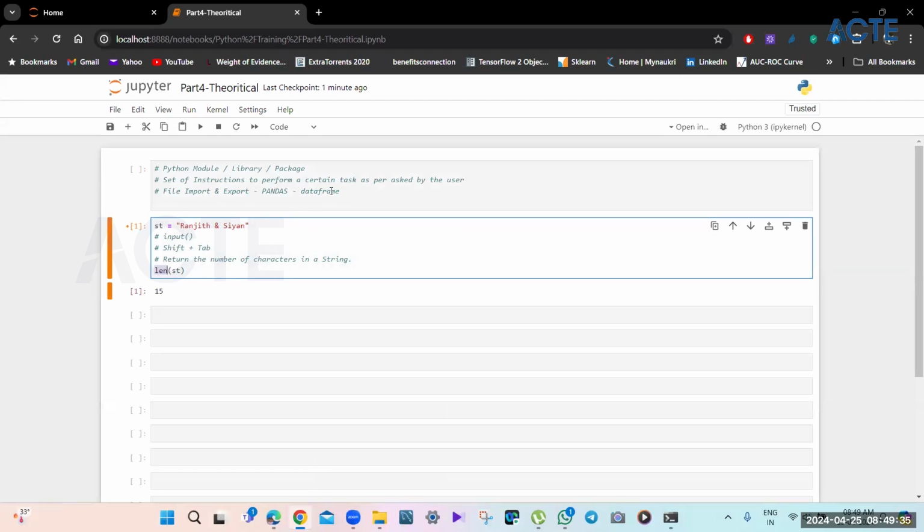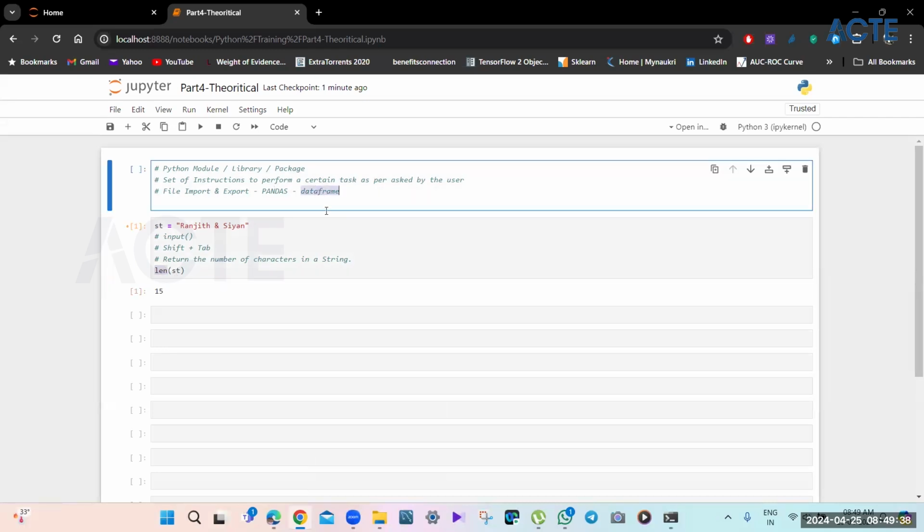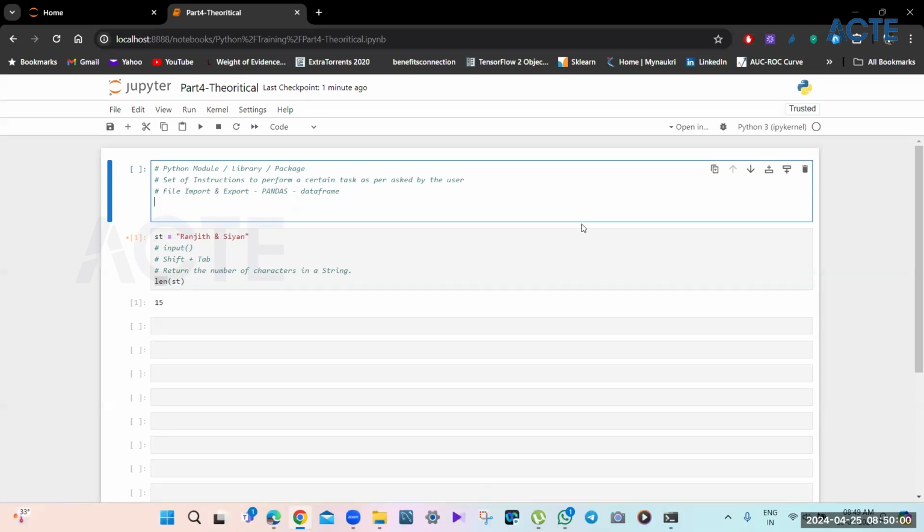So there is a different length function which takes care of the columns, rows, or whatever numbers we have inside. I'm just giving an example. There are multiple functions inside a data frame that are only applicable to a pandas data frame, which deals with the external file. So that is one particular module.